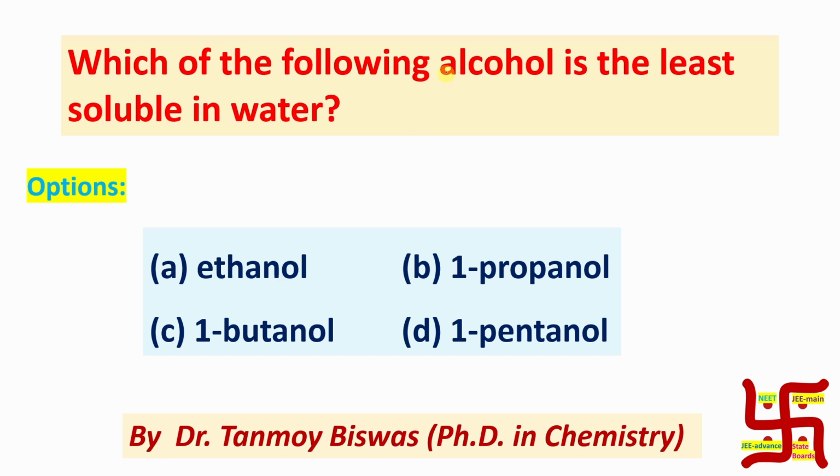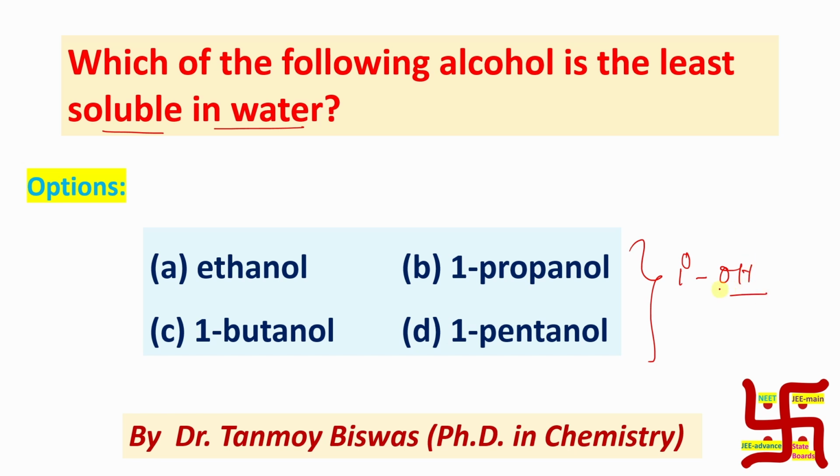Now the question: which of the following alcohols is the least soluble in water? Four examples are given: ethanol, 1-propanol, 1-butanol, 1-pentanol. By the way, the similarity among all four options is that all are primary alcohols, so